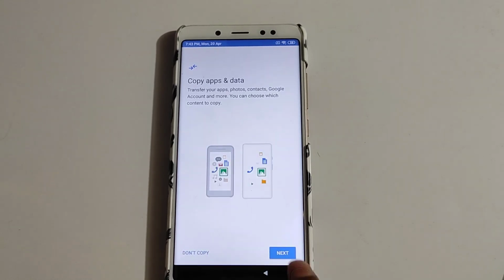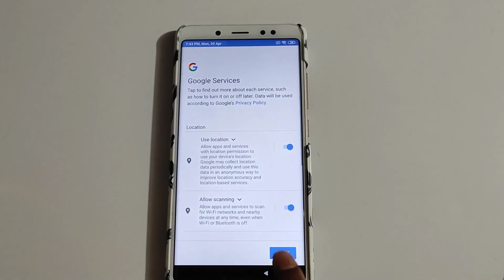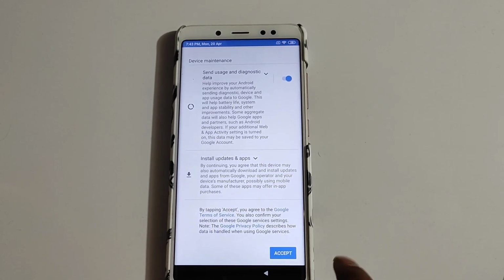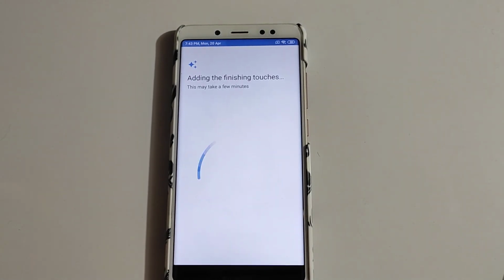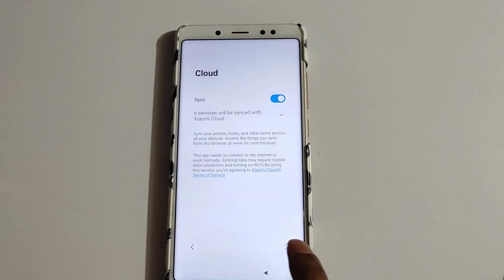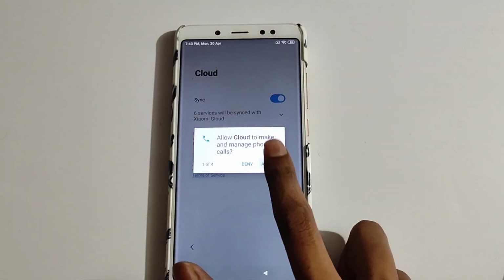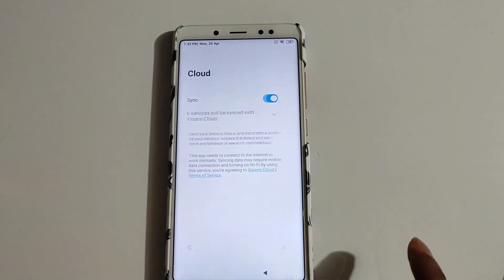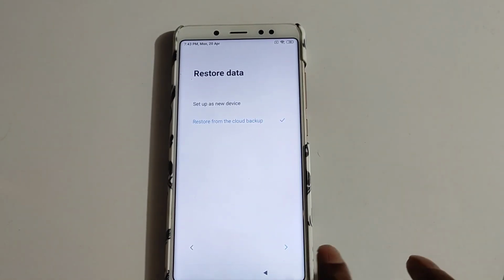So yeah, this will take few minutes. Just make sure to complete all the setup before you continue. I'm just gonna skip it for now. Please allow all the permission it is asking you to do.